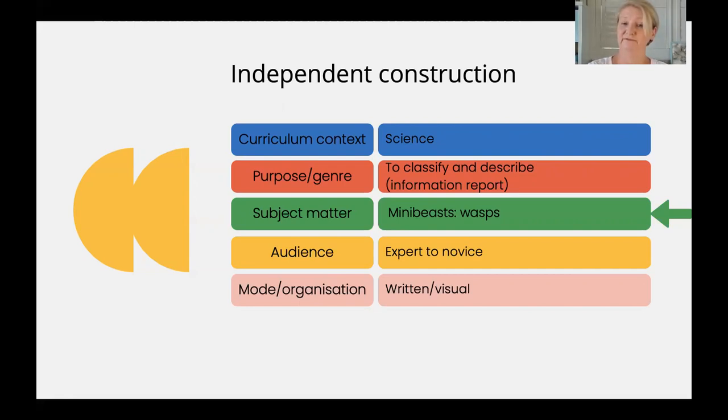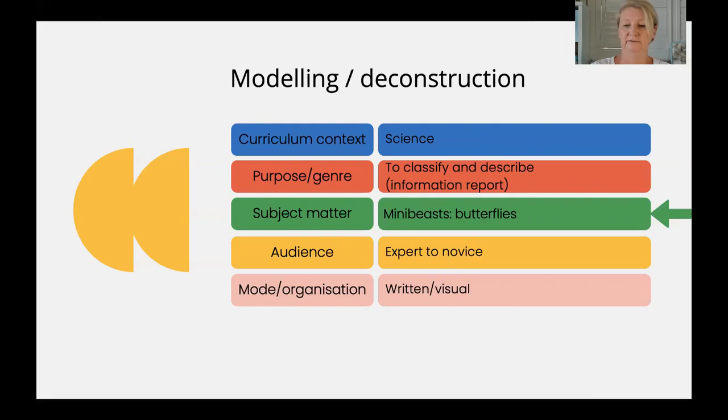Now that might be the final task for the sequence of lessons, independent construction. There's a lot of knowledge about the text, but also the topic and also the audience and mode, etc., that students need to complete this task independently, but effectively. So if we go backwards in terms of the teaching and learning cycle, here we have